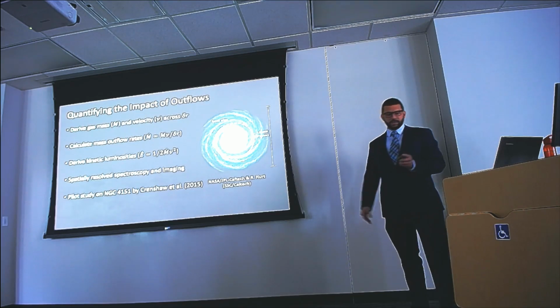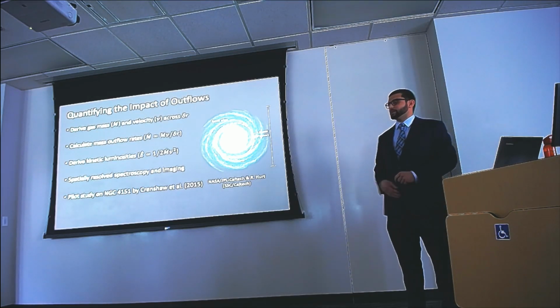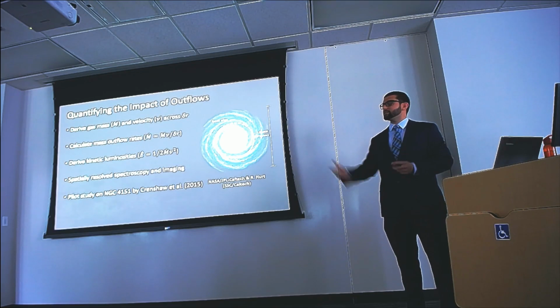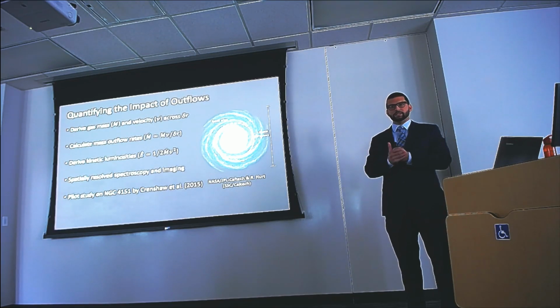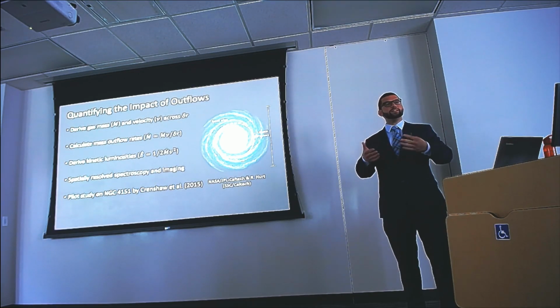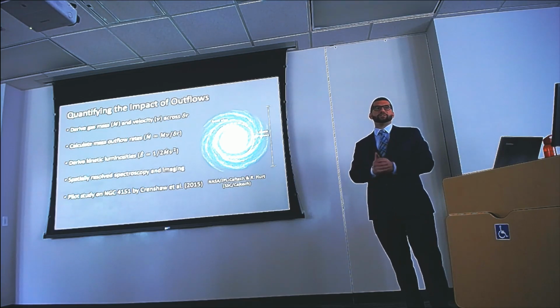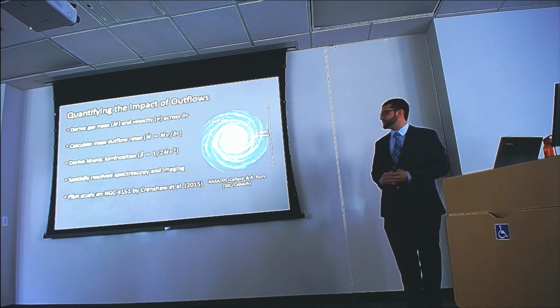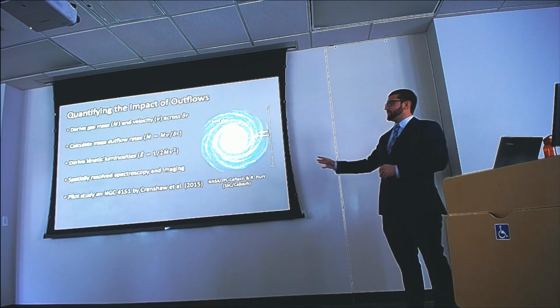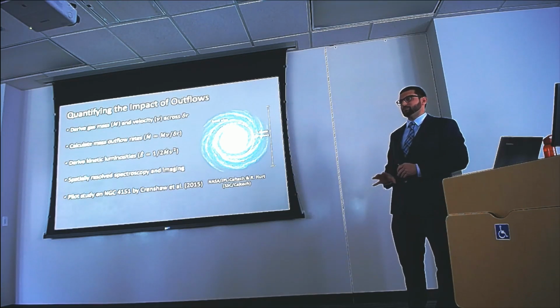Related to that are a variety of energetics, in this case the kinetic luminosity, which is dependent on velocity squared, and that's going to tell us about the impact of these outflows, whether it's just kind of a gentle breeze or if this is a hurricane that's actually going to cause significant damage to the galaxy. And again, just highlighting the key that we're using spatially resolved spectroscopy and